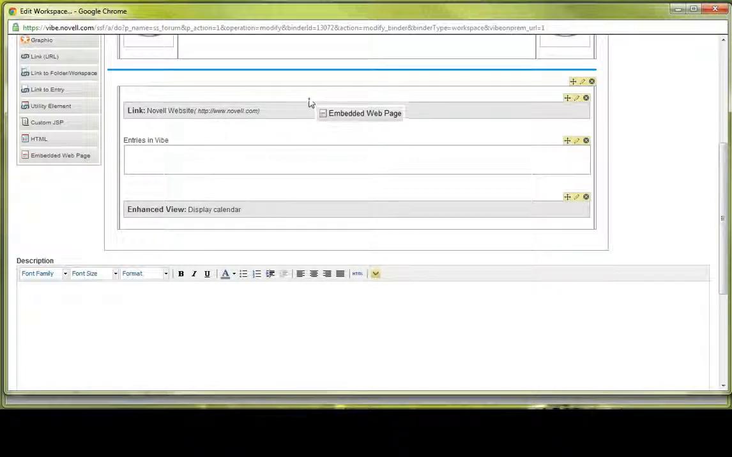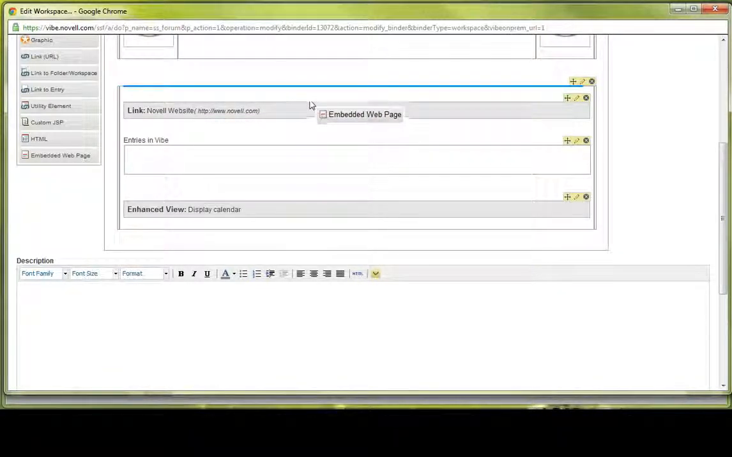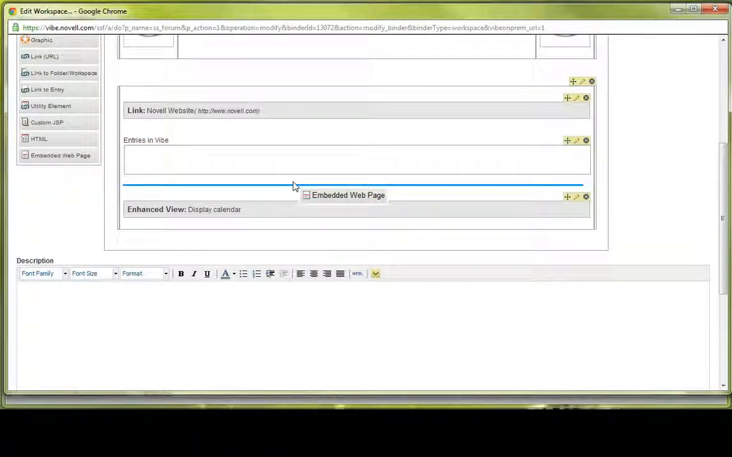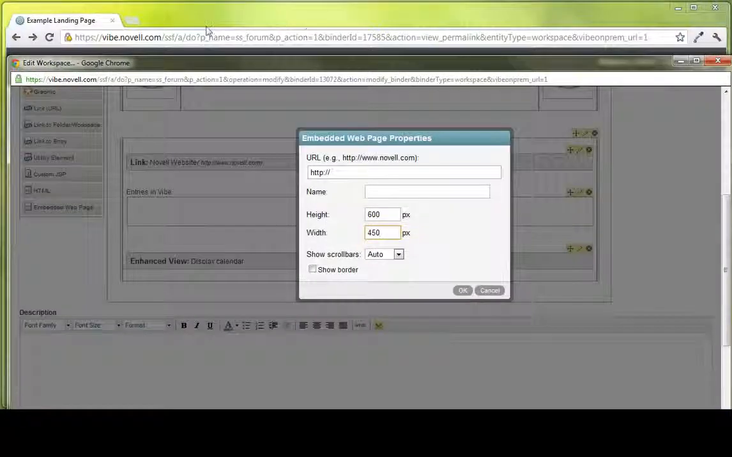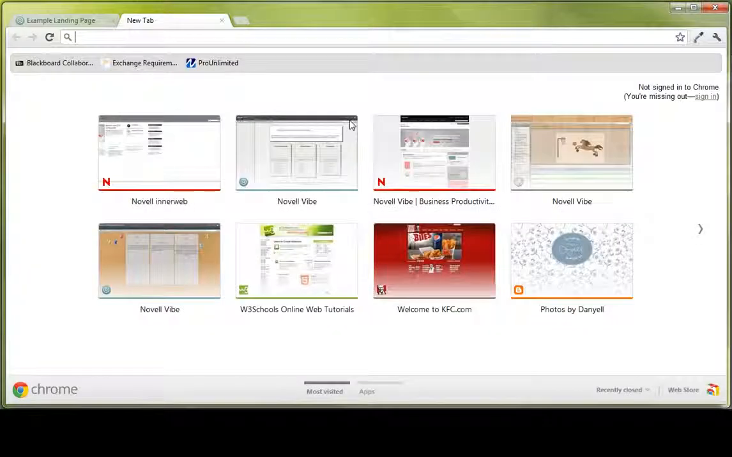So we're going to drop this embedded web page right under entries in Vibe. I'm going to choose a pixel height of 600 and a width of 450, which would be half of this 900 pixels that we're looking for. We'll set the scroll bars to auto, and then we're actually going to go over here to Novell.com,